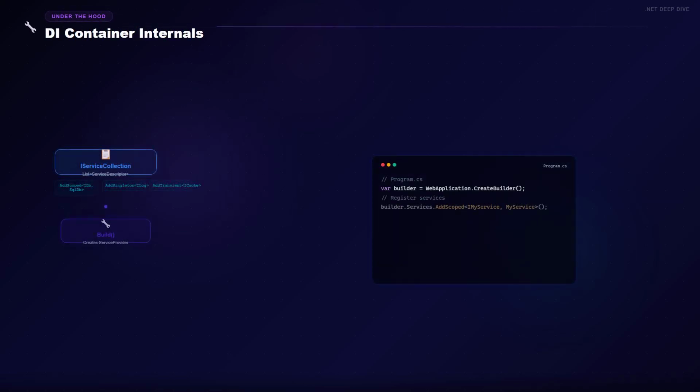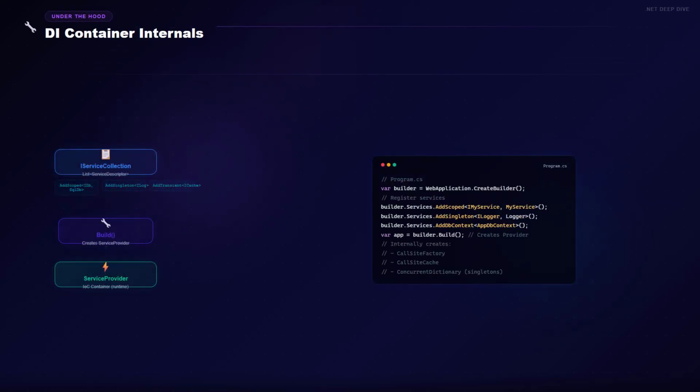Let's look inside the .NET container. When your app starts, Program.cs calls builder.Services to access an IServiceCollection. This is a list of ServiceDescriptor objects. Each descriptor holds three things: the service type, usually an interface, the implementation